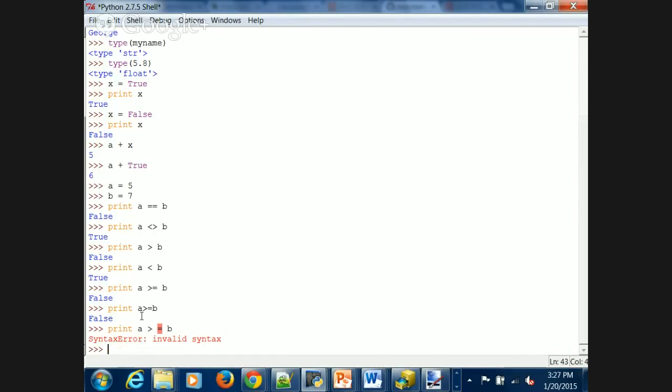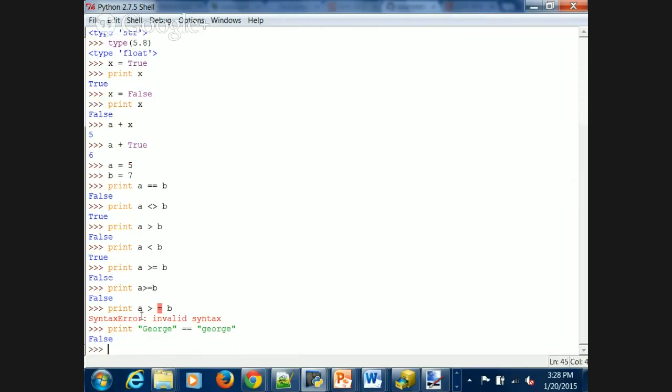we could say print George equal to george. All right, that's false. Why is that false? Right, exactly. The G isn't capitalized, and I already told you last week that Python is case sensitive. So those statements don't evaluate to true because they're not the exact same string. However, if I wrote,